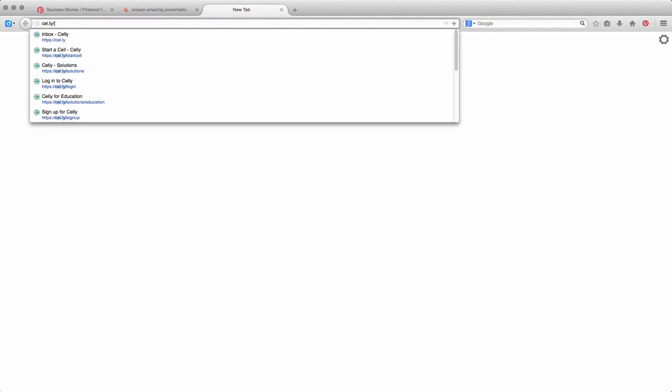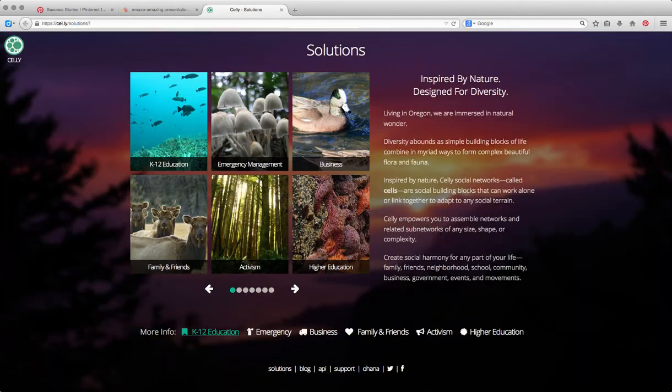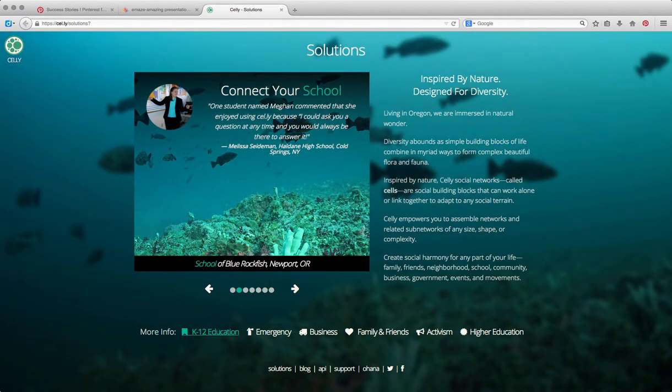Celly is more of an app, but they do have an online application, and for the most part, it works really well with bring your own device for schools. So the address is cel.ly/solutions. Celly is essentially a platform for ad hoc social networks that's accessible via iPhones, Android, web, SMS text,